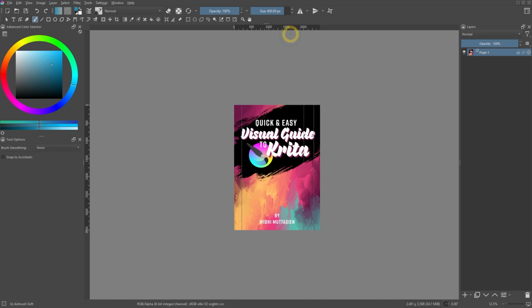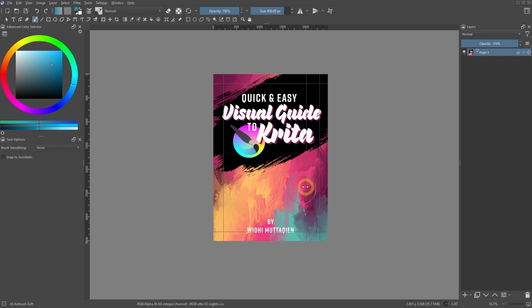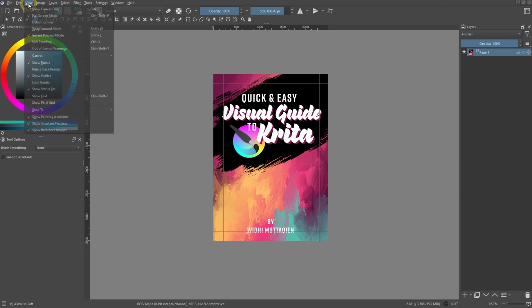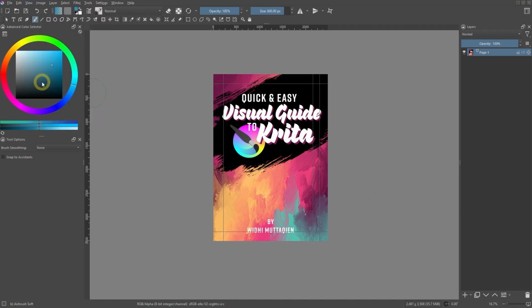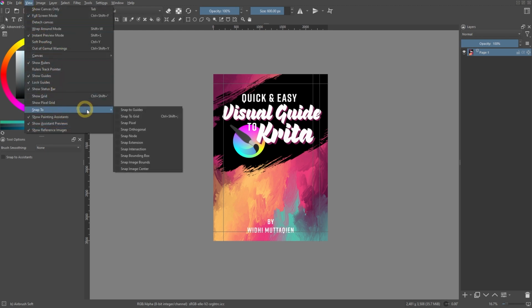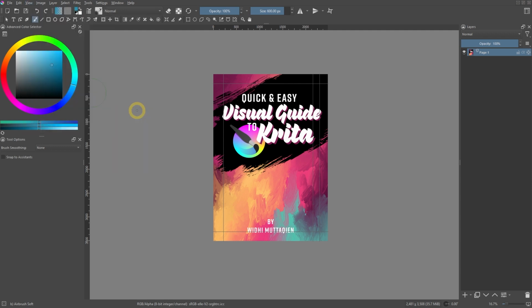Then, create 2 horizontal guides for the top and bottom edges of the book. Again, this is optional. I need these guides because I want the vertical lines of the book mockup to be perfectly straight. If you want a more freeform shape, you don't need to create any guides at all. The last step in preparing the guides is to enable the Lock Guides option so that they are safe from changes. And in the Snap to submenu, make sure that the Snap to Guides option is active.